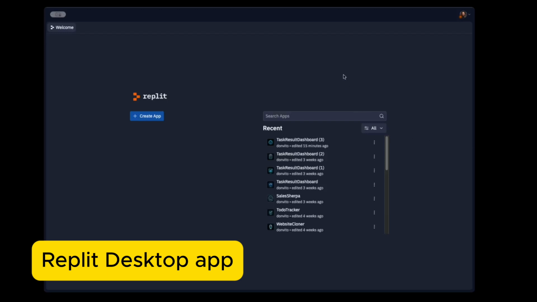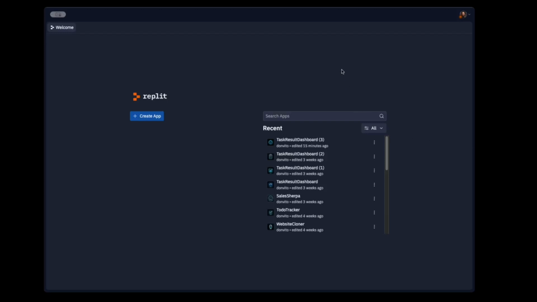So I've opened the Replit app here. This is the desktop app. When you open the app, you will see a create app button here. But when you click this, it will actually open a browser. So this means that the Replit desktop app doesn't support creating the app from the desktop app. But what you can do with the desktop app is work on your existing projects that you